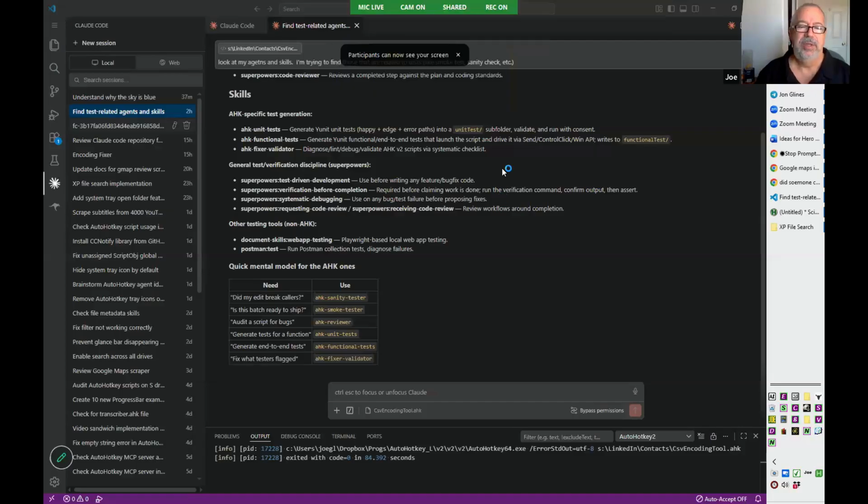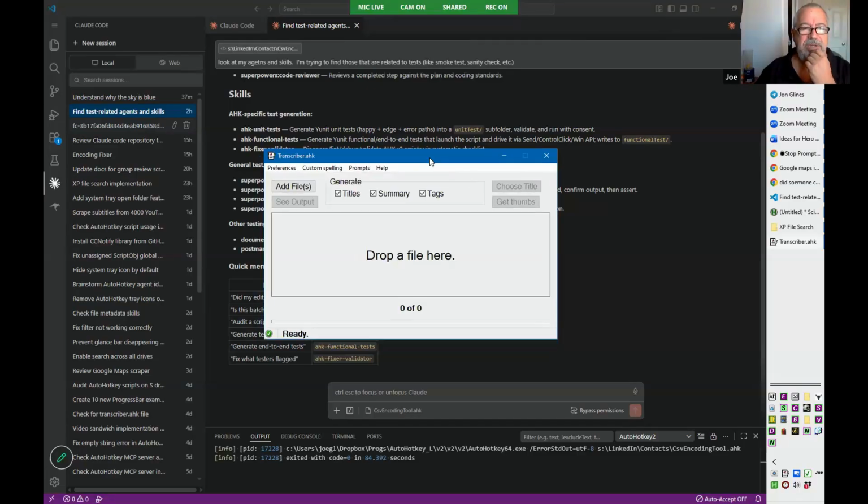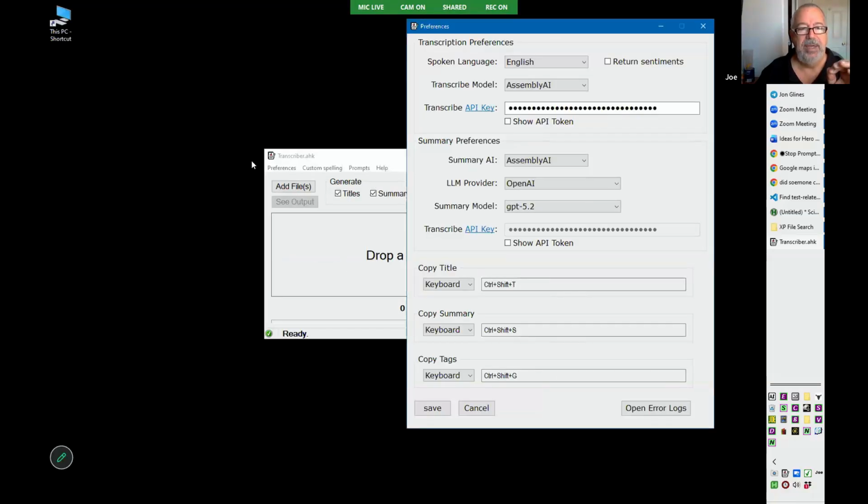So I launched it, and I have a hotkey on my keyboard because I use it so much. This transcribe tool had something that I asked Irfan to change. I asked him to go update it because I had made changes, and then I came in here and hit preferences. This window showed up behind the main program, the main GUI, and I told Irfan, hey, that's shown behind it.